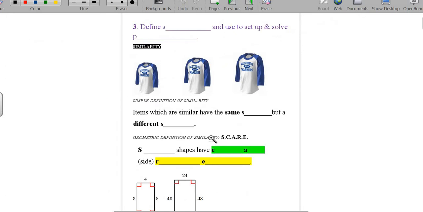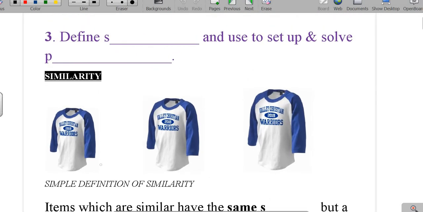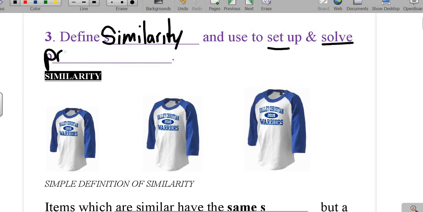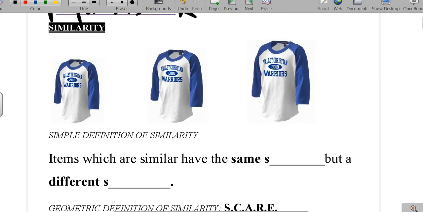You're going to be using ratios and proportions for the concept of similarity. We're going to define similarity and use it to set up and solve proportions. This, by far, is the most important skill of this video. First off, let's define what is similarity. You're actually very familiar with this concept. Similarity is things that have